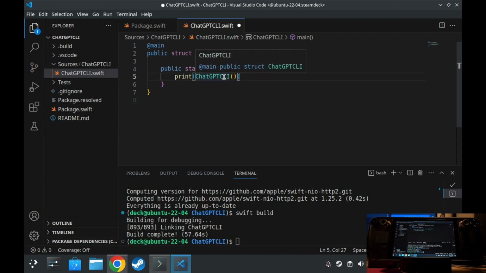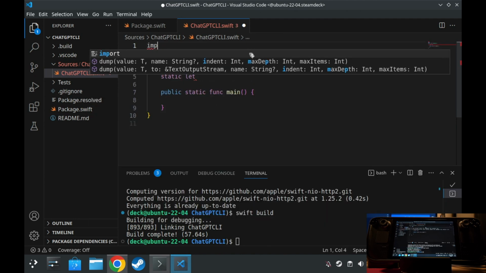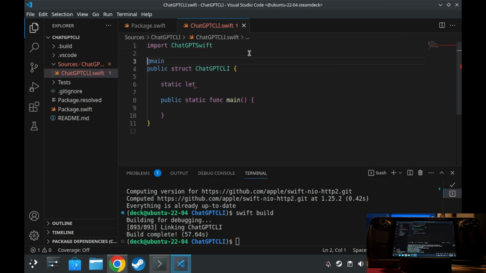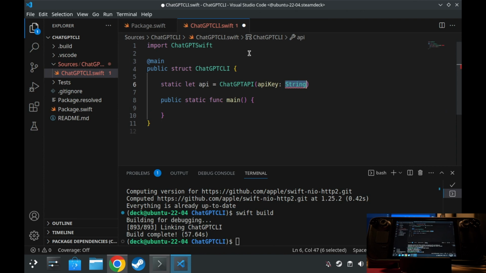Actually, in here, let's just remove everything from the main. First one, we are going to declare a static class. But before that, let's import ChatGPT Swift. Okay. And then static class API, and then initialize ChatGPT API, and then we need to pass the